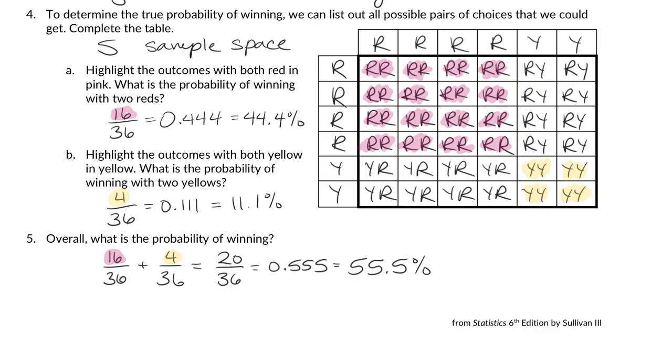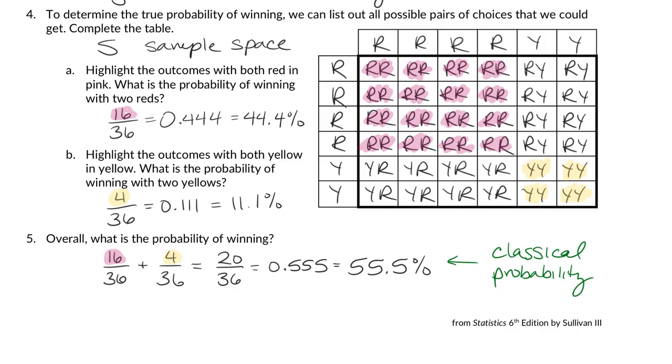55.5%. This type of probability, where we went through a sample space, saw all the possible options that we could have, and then found the real probability, the actual probability based on chance, is called classical probability. And classical probability, when we can actually compute it, is very nice because it's not based on any experimental variation. It's based on legitimate options that you have, the real probability of this occurring.